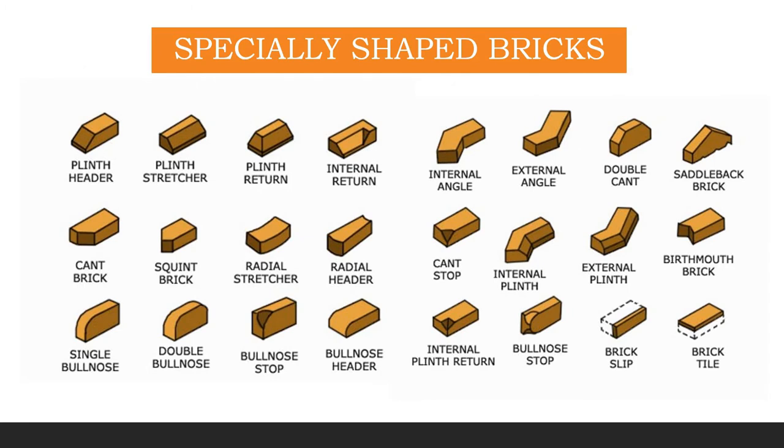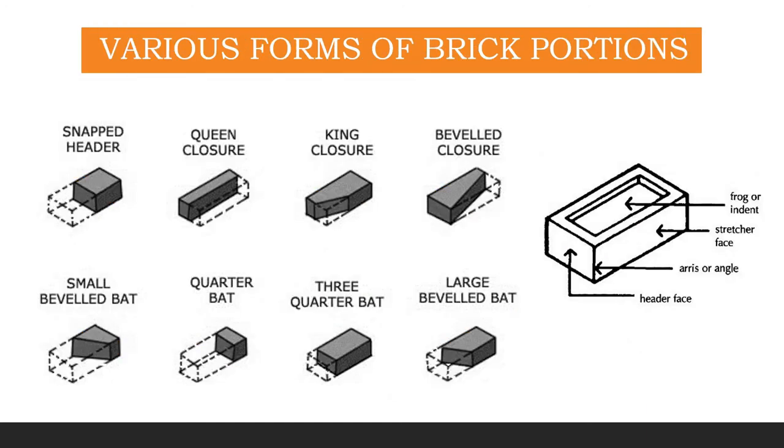This slide shows you the different kinds of bricks which are available throughout the world. In India we use a very simple 8 by 4 by 4 inch brick, or somewhere it's 9 inch by 4.5 inch. So it varies from state to state, and it's a cuboidal brick which is readily found in India. But there are other kinds of brick available throughout the world. Let's see how the brick is nomenclatured.